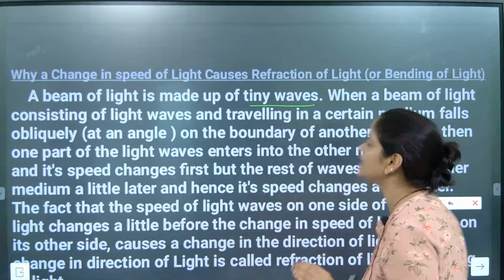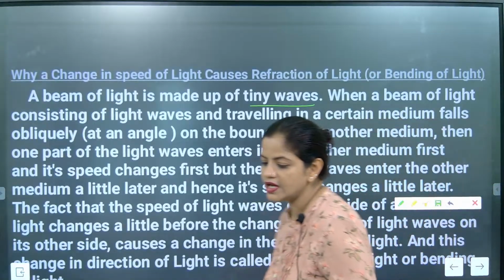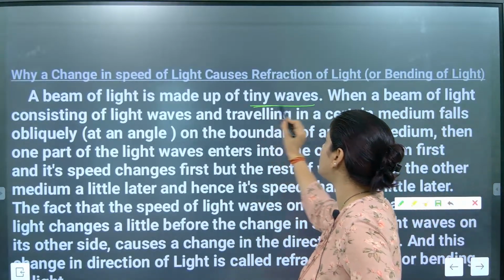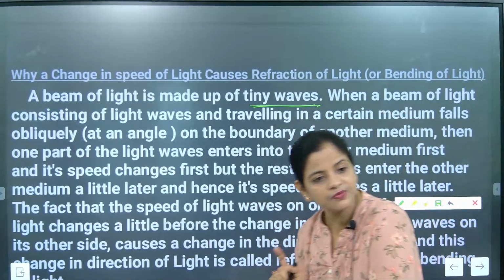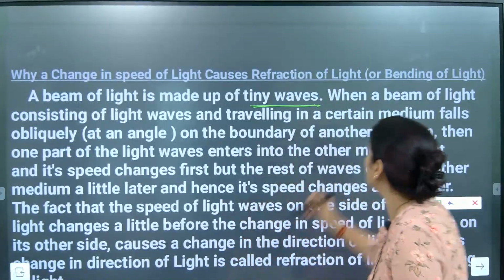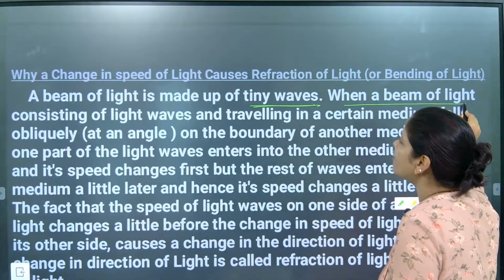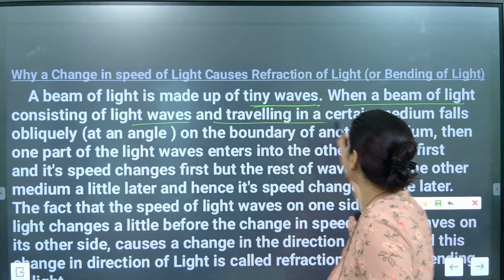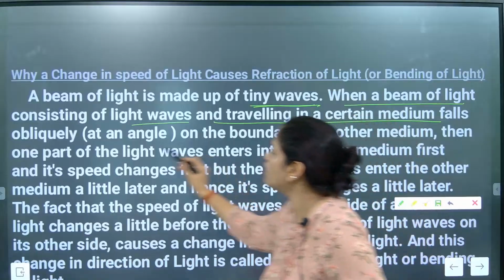So here what they are telling, yes beta, is that the speed of a beam of light is made up of tiny waves. What is it made with? Tiny waves. Now second, when a beam of light consisting of light waves is traveling in a certain medium and falls